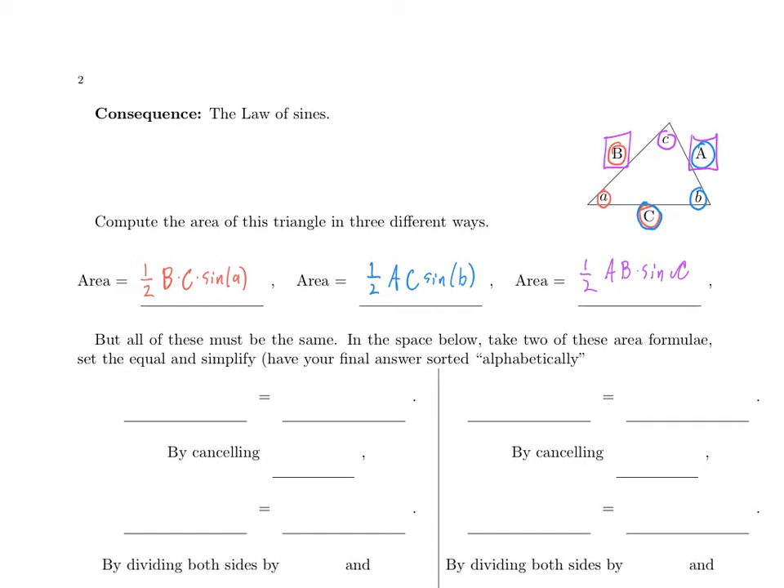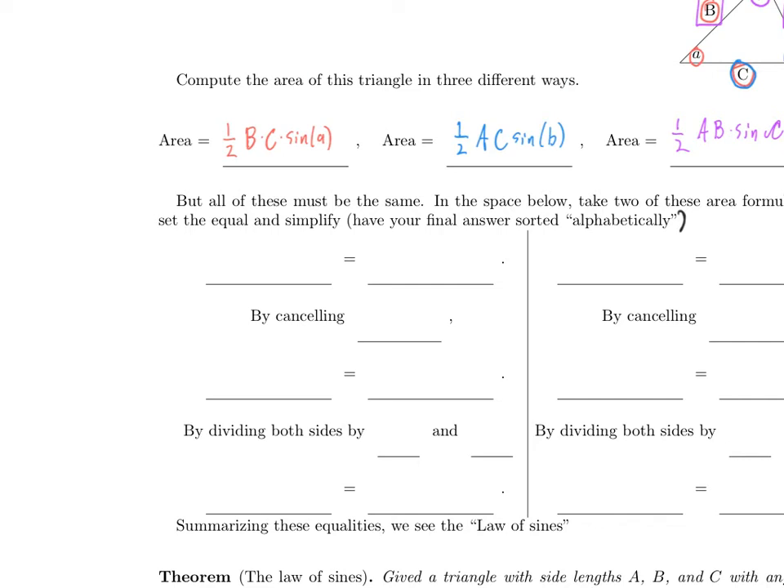But all of those give the area, so all of those have to give the same result. So let's see what that means. Close parentheses there. So no matter which pair of these we use to compute the area, we'll get the exact same result. So that means, say, these two formulas have to be equal. So it must be that 1/2 b c sine of A is equal to 1/2